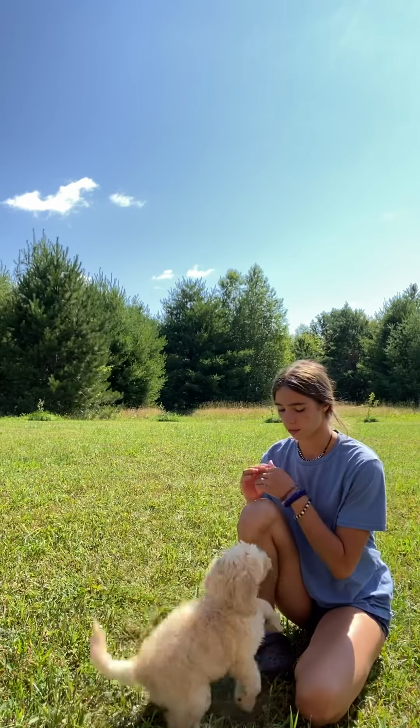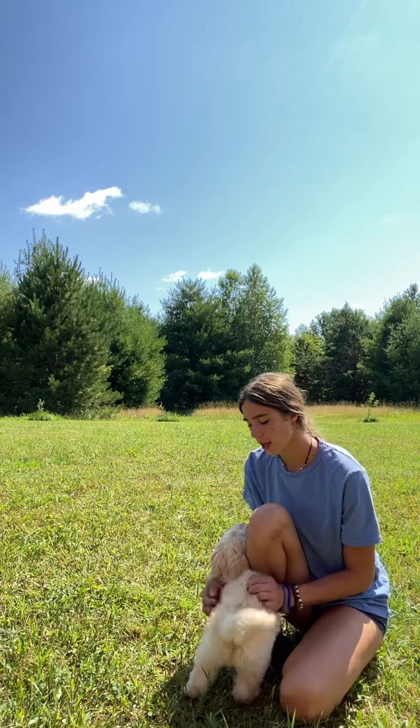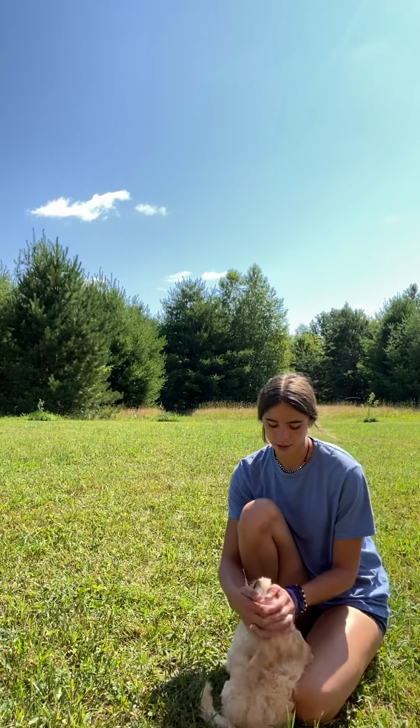Belly rubs. So after all of our sessions, we always end on a positive note, of course. So a good sit and a down like we just did. No more treats. And then we end with 5 to 10 minutes of praise, just pets, loves, to make sure it was a good experience for them. We want them to want to work with us. And just giving them that extra attention really just helps overall with their